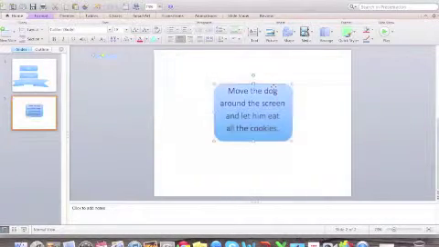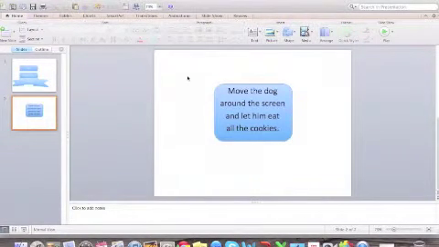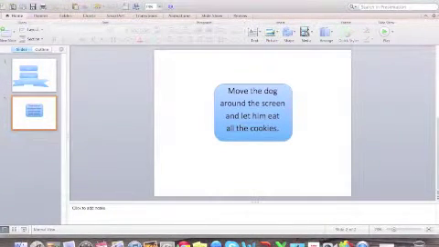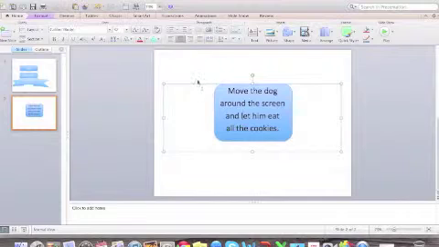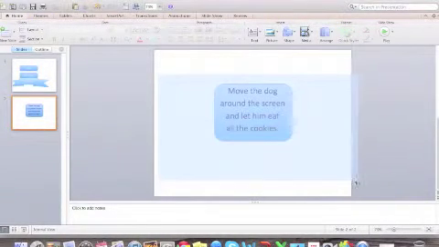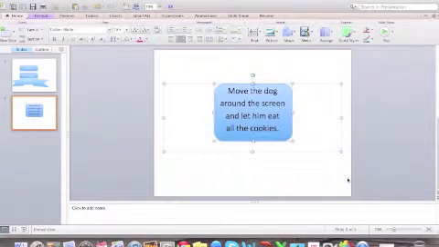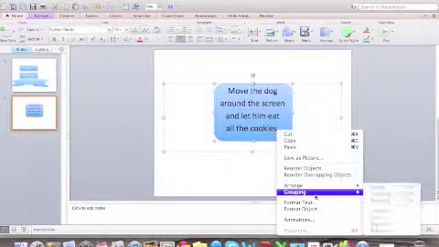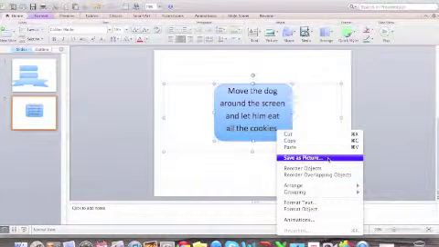Right now there are two objects: one is the shape and the other one is the text. I want to have both of them as objects. So I select the whole screen, and as you can see, both of them have been selected. If I right click and group,